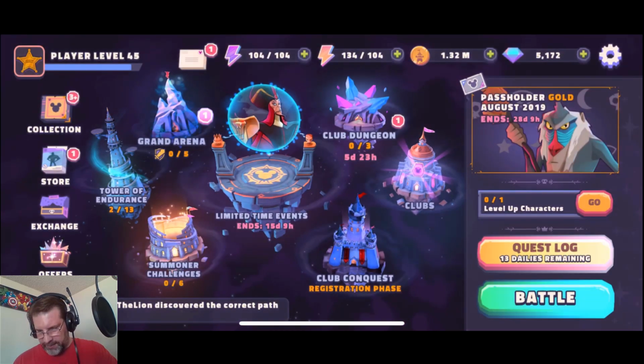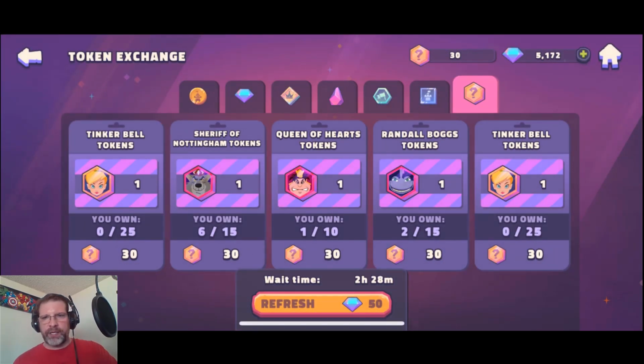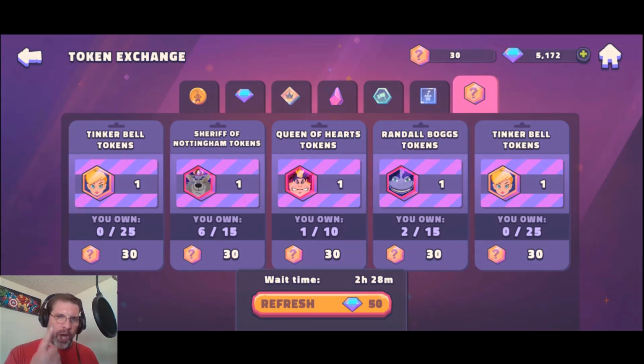All right, so with that, I actually have access to a new exchange store, which is this very last one right here. In order to access this, you need to get at least one character up to 7 star. I previously hadn't had access to this, so now I do. So this is what we get. Looks like we've got some characters in here to purchase. We've got...